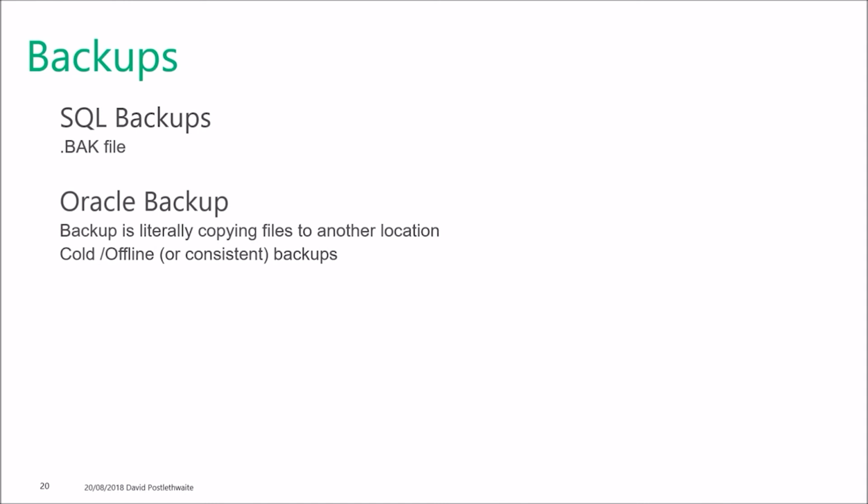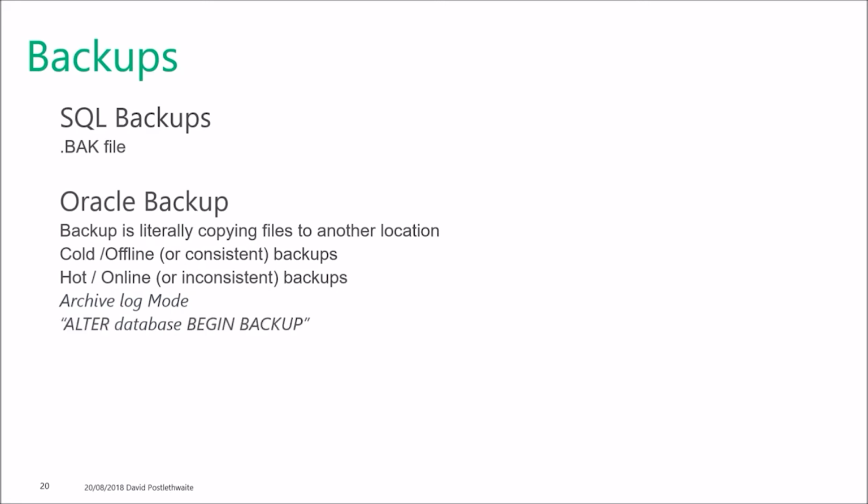It's much more likely that you'll back up an Oracle database while it is running using what is called a hot or an online backup. The database has to be running in a special configuration called archive log mode, which is equivalent to the SQL full recovery mode. And we issue a special command called alter database begin backup. Now Oracle backs up the contents of the redo logs, and the redo logs are the ones that hold the changes to a record that we could use for a restore, and these get copied to a special file called archive logs. Now the data files can be manually copied to a different location in the same way as you would with the cold backup,